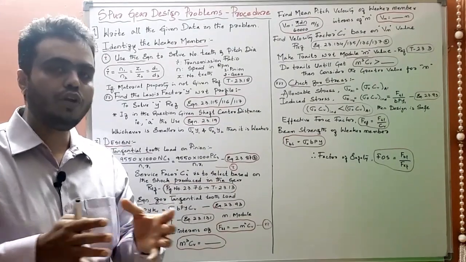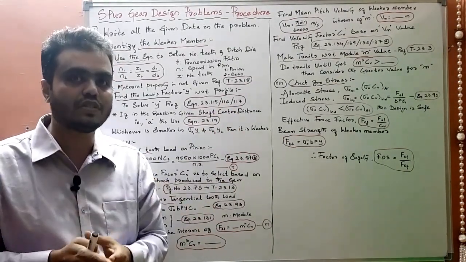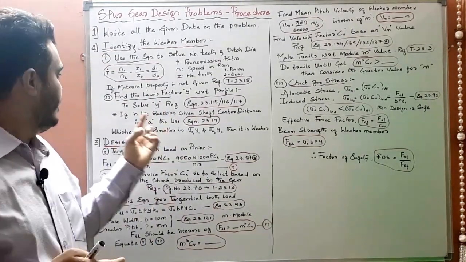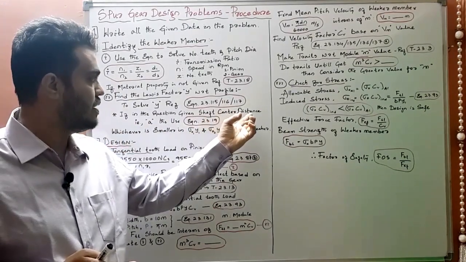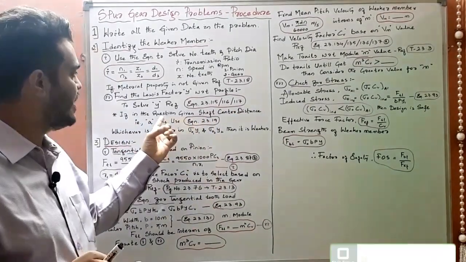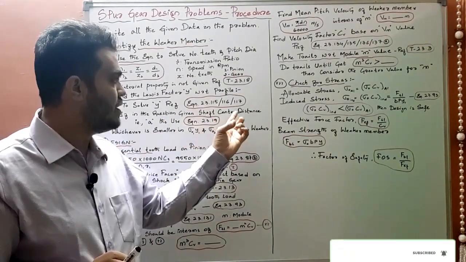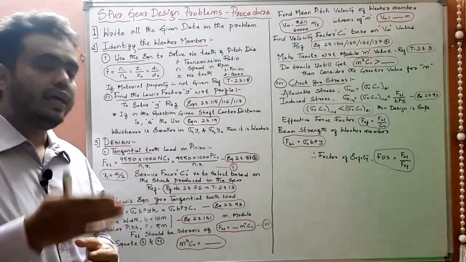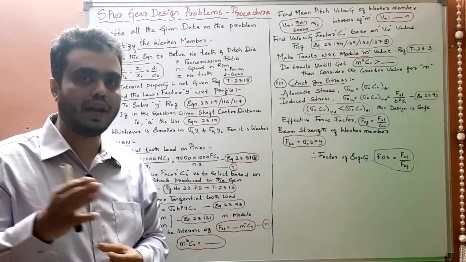Okay, so no need to remember the equations, you need to remember where you will get these equations. Next, once you get the y value, see if in the question the shaft center distance is given. In some cases the question may ask for the shaft center distance. If he has given that, we need to use the equation 23.19.